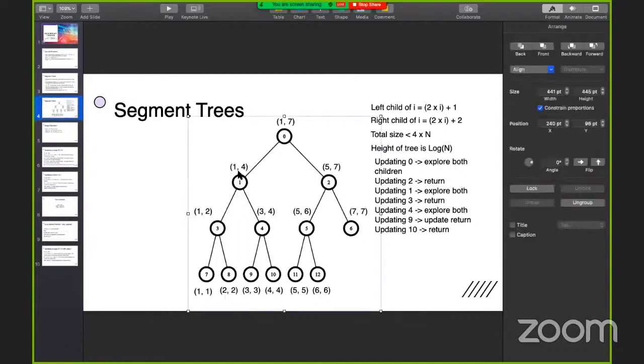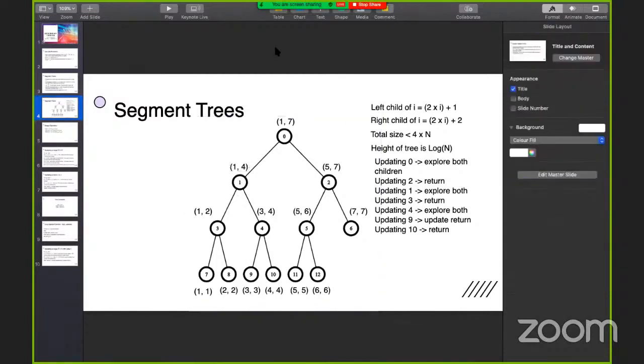We have to update node 1, which is 1 to 4. The problem with our current method is we're going to node 7, updating it. We're going to node 8, updating it. Node 9, updating it. Node 10, updating it. Then we're lifting up, updating node 3, node 4. We're lifting up again and updating node 1. But the thing is, we may never have to access those values.